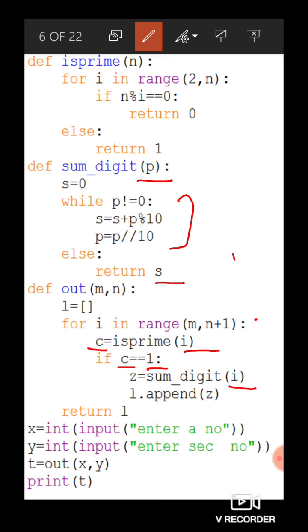This returned sum will be received in Z, and then Z will be appended to the list L. At the end of this loop, you will return the created list, which will be received in T, and T is the final list that we wanted to create, right.